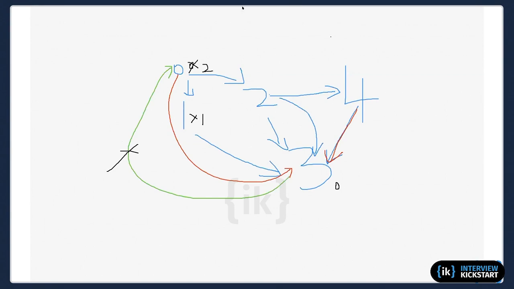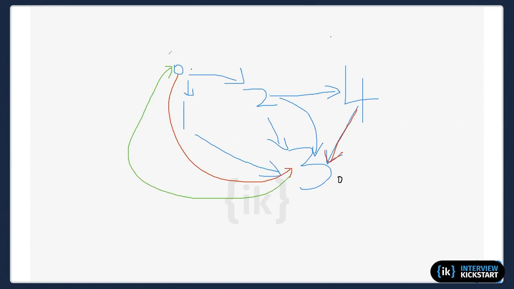But the problem is that if I have this green one, then there's gonna be a problem, because I don't have a departure time anywhere, and I go here, I assign a number like 0, and this one has a link back to this node, 0.